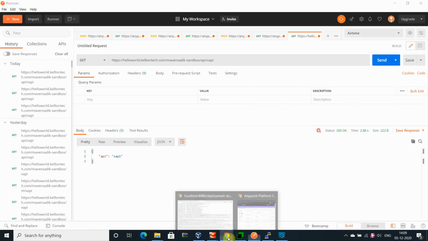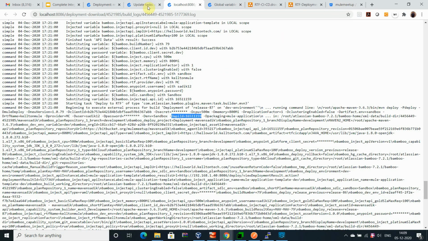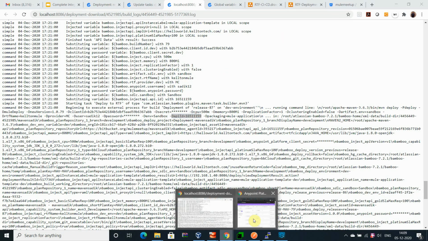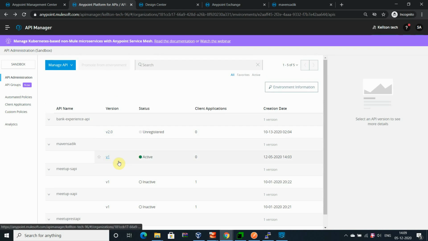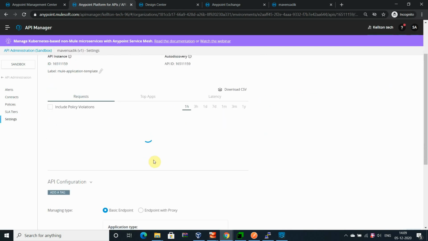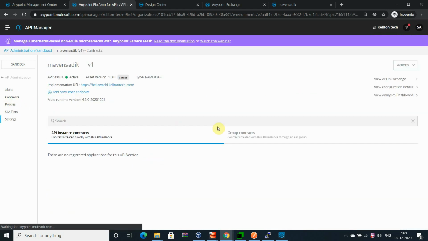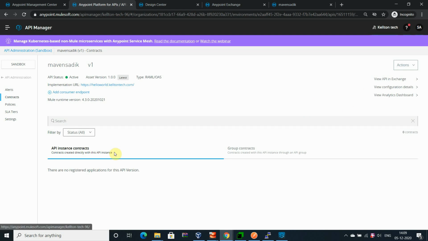Let's go to the application now. Okay, API. Let me go to the API. Now it's activated. So go here first. API version, and the new contract you have to associate. Although that can be done manually with the API as well, we are not performing that task with the API. To whom you need to provide the access, you need to define by yourself.